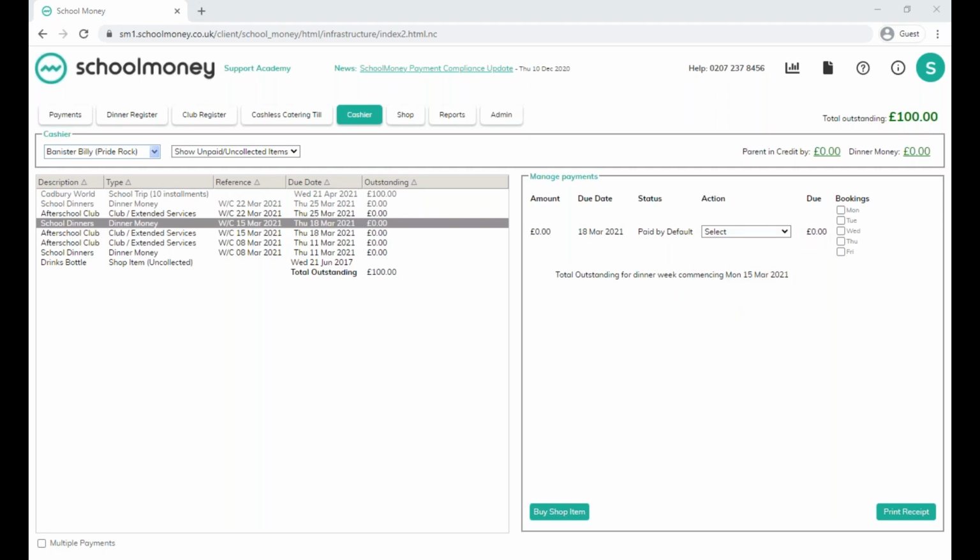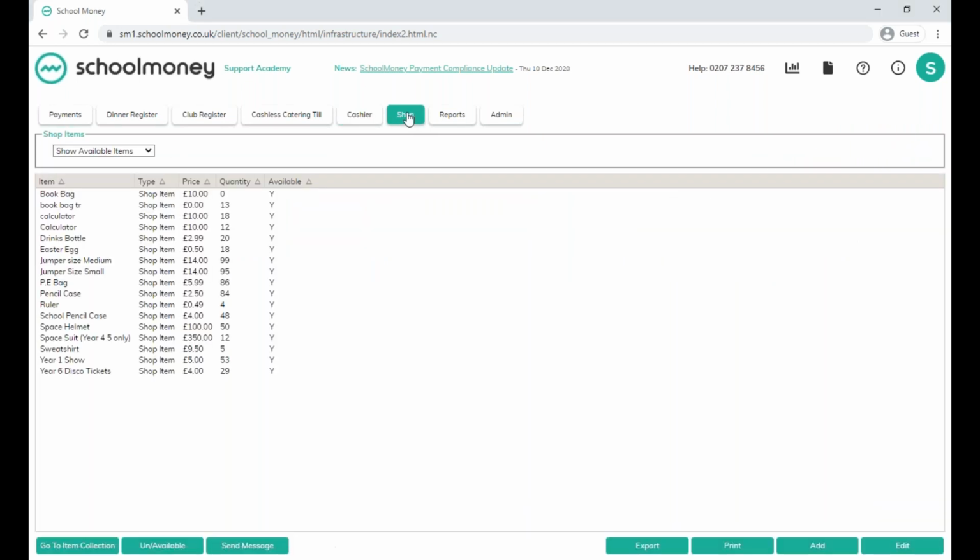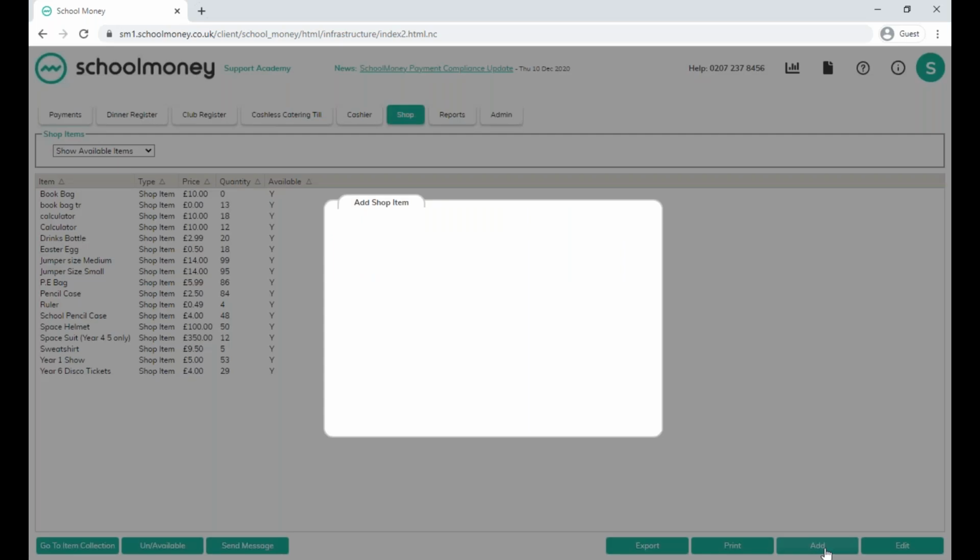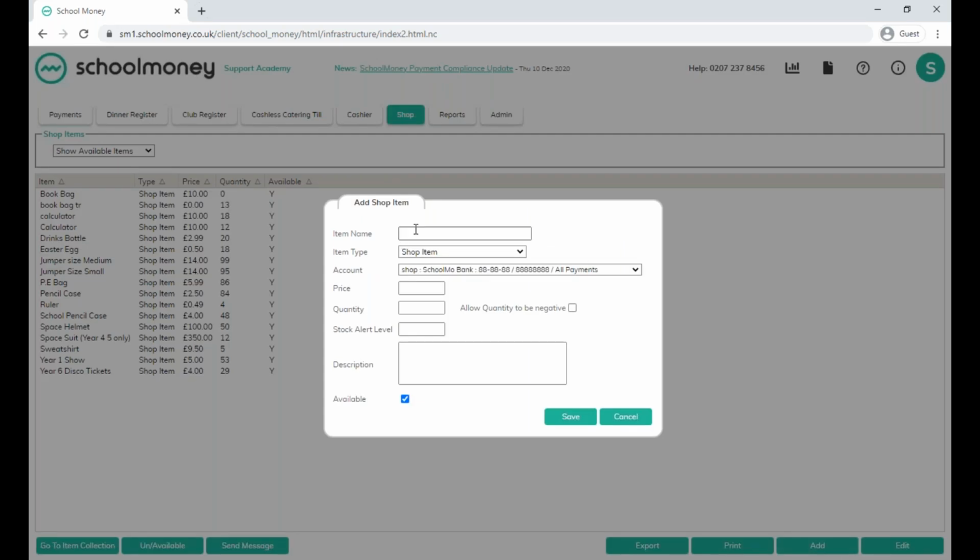Another question on here about taking payments for uniform items, revision guides and stationery. So we have actually got the shop facility where you can include those items. And what you need to do is click on add in the bottom right hand corner and give your item a name. So if you have got different sizes for uniform, I would list the items separately so your parents know what they're ordering online, but also when they do come to collect it, you know what they're coming to collect. You can add in the price, the quantity, and also a stock alert level, and then you would just